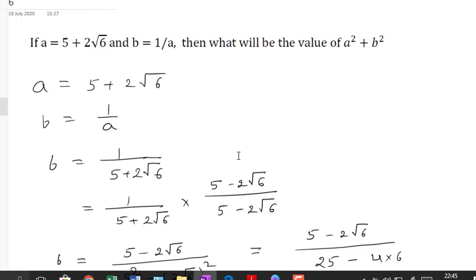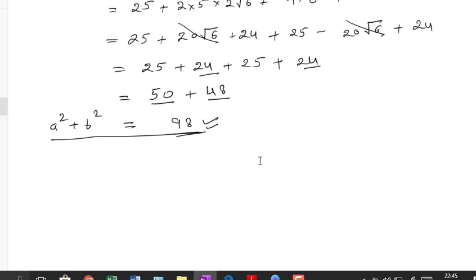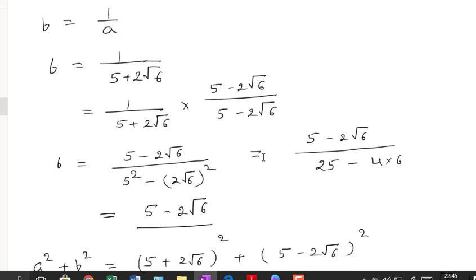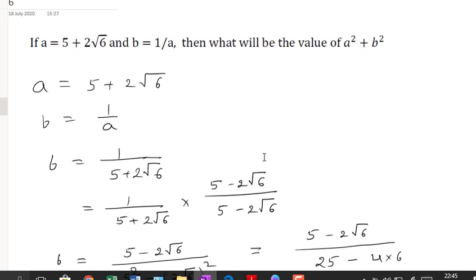If you do it that way, then also you will arrive at the same answer which I have got, which is 98. But as your calculation will become complicated, there are a lot of chances that you will make some mistake in between and come to an answer which is different from what we have got. So understand how I am rationalizing the terms first and then calculating. In the same way you have to do. I hope you understand all the 6 questions. Yes, thank you.